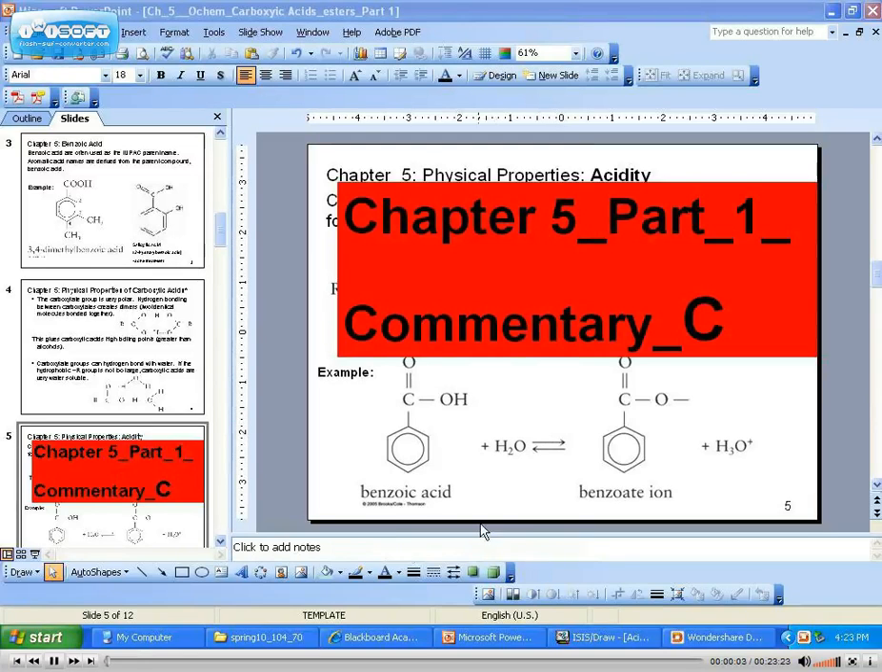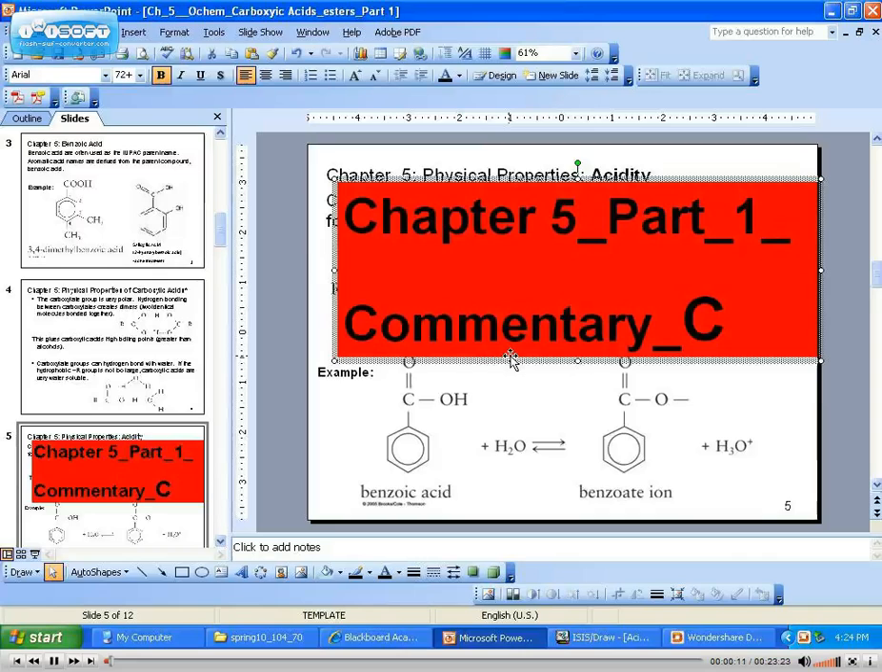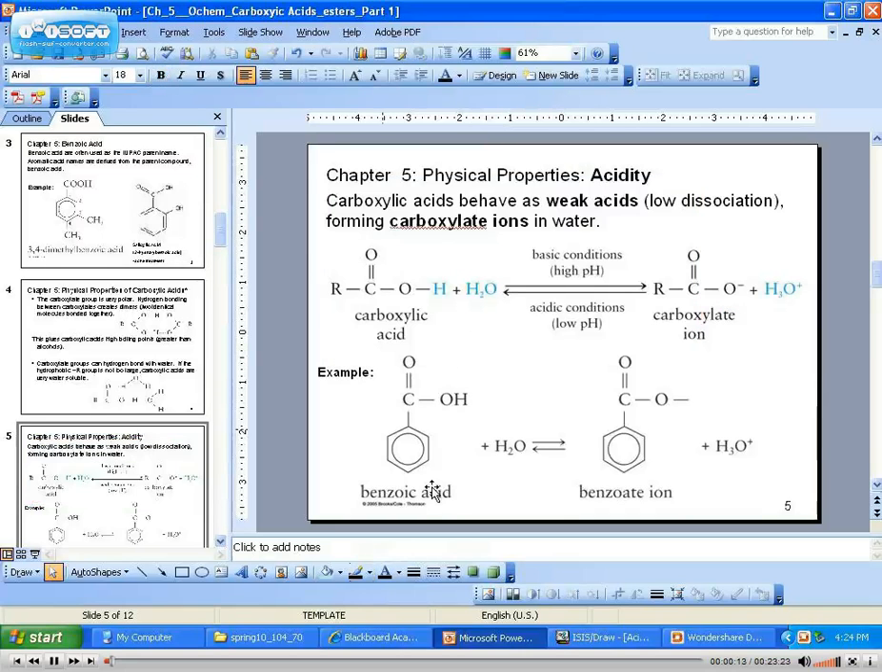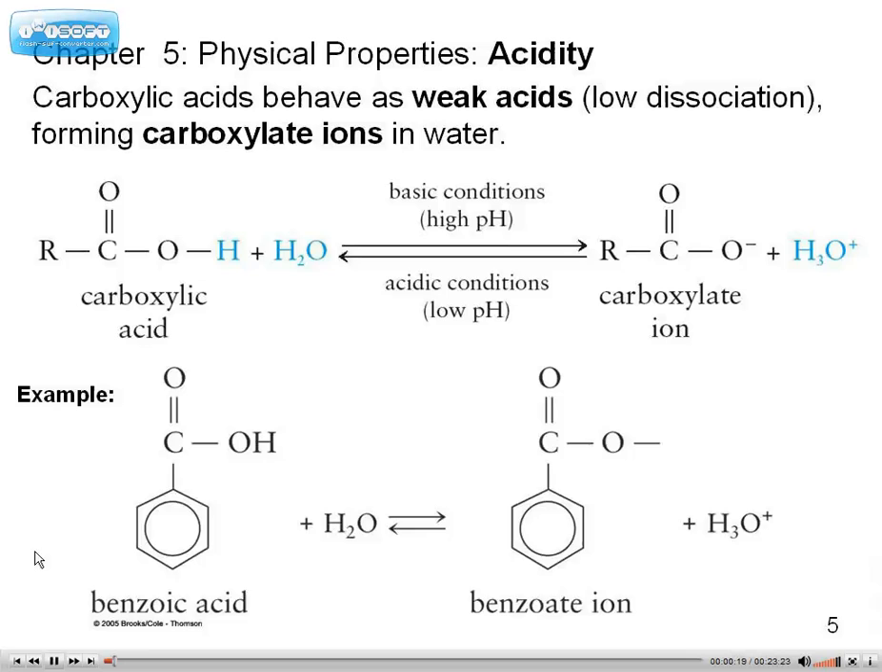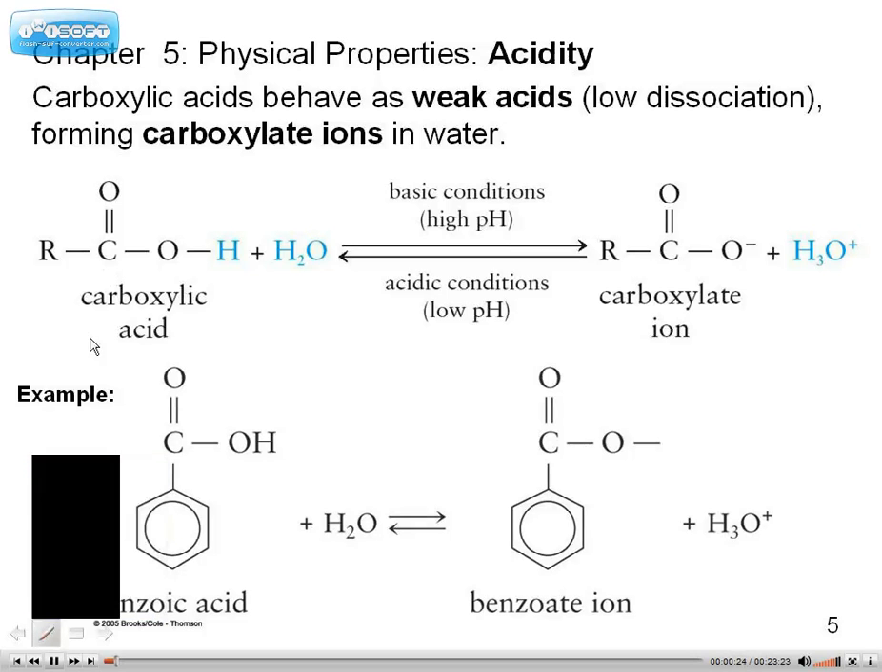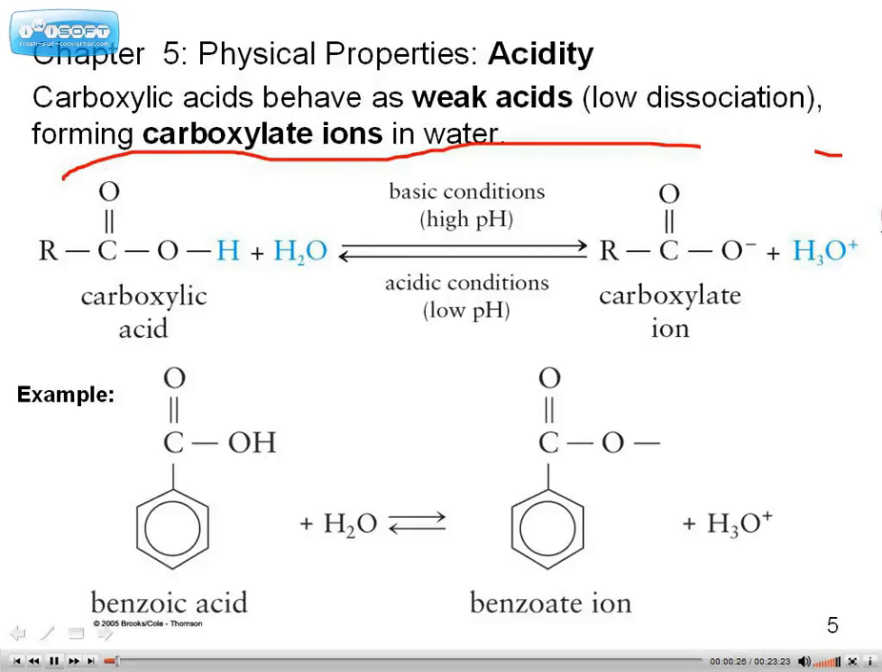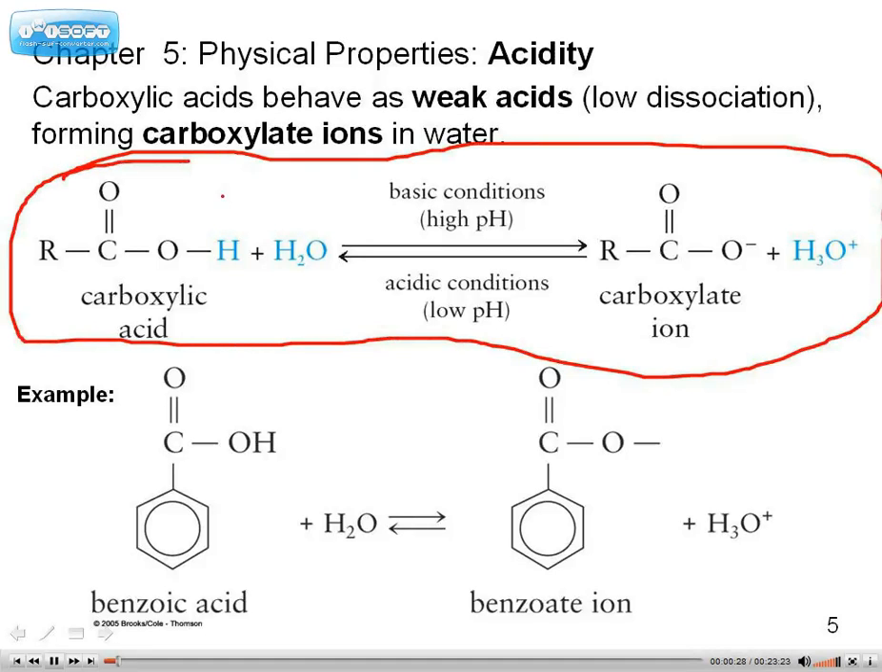This is the Chapter 5 Part 1 commentary. In this commentary we're going to focus on summarizing the carboxylic acid key reactions. Going back to slide 5, as I circle in the upper side of the slide,